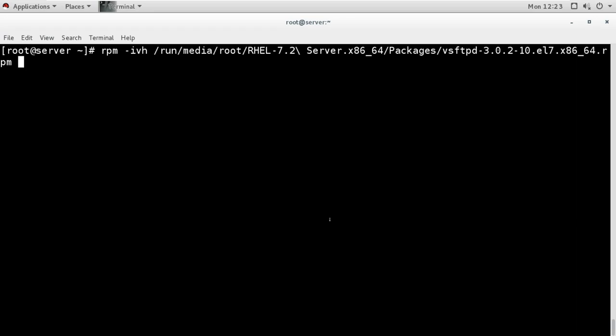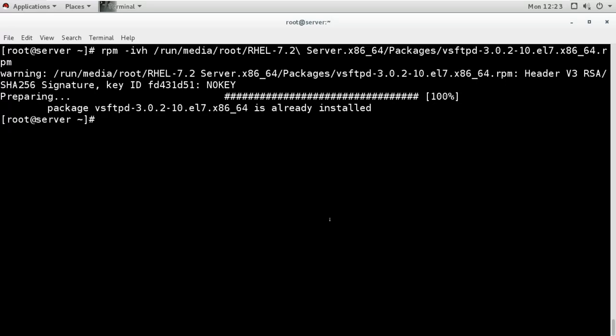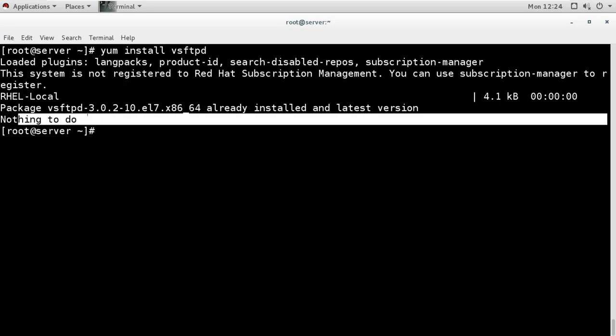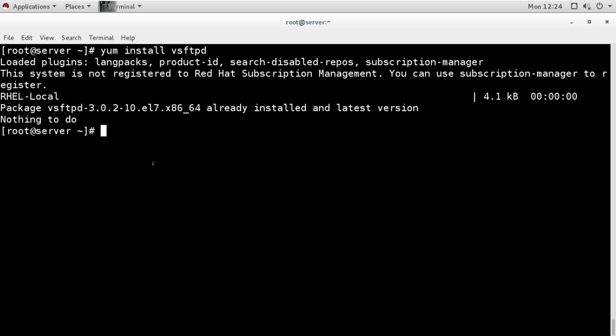Now it will not install because it is already installed. Even if I use yum, it will say already installed, nothing to do. So in case it is not installed, then we can use rpm or yum.